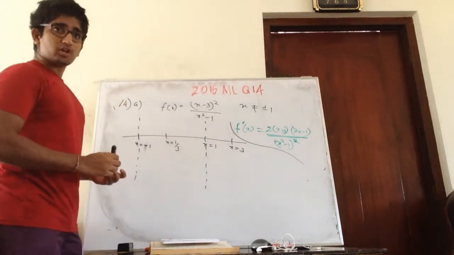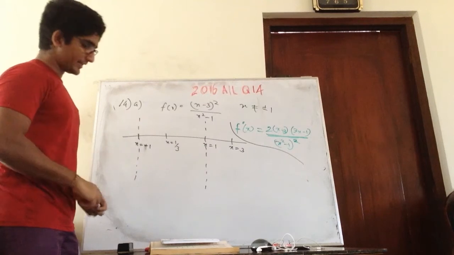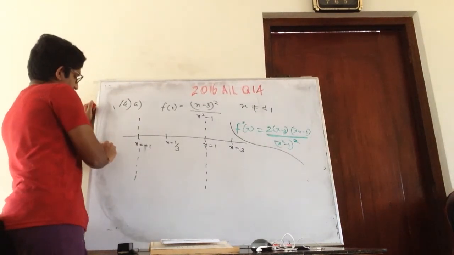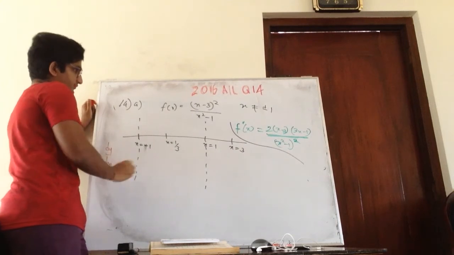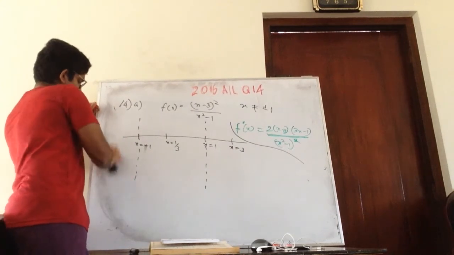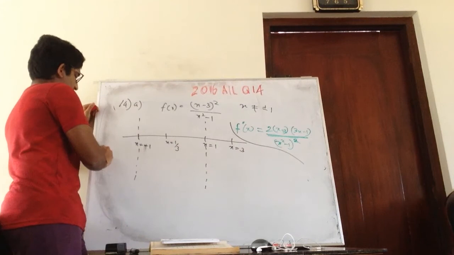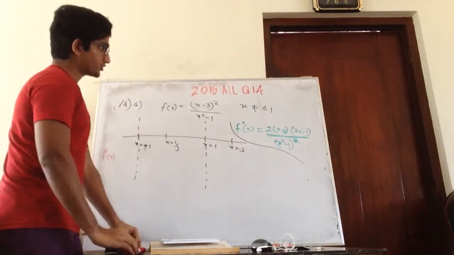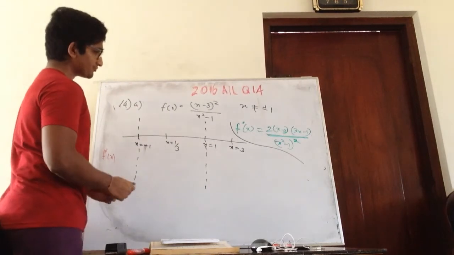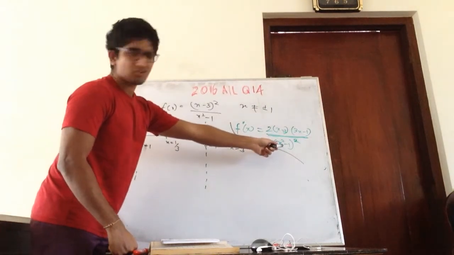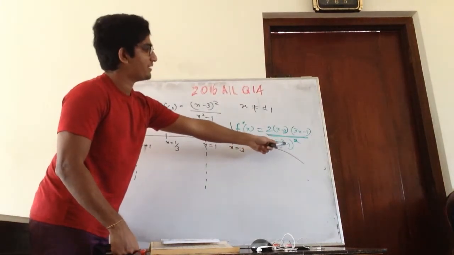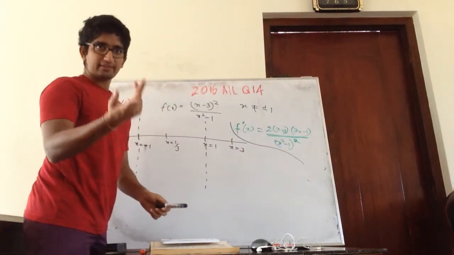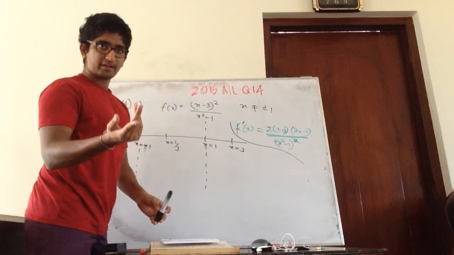Right now, so now we need to evaluate this. Correct? So how to evaluate now? We have to consider what dy over dx is, or here it was f dash. Correct now? So now forget about this thing, because x squared minus 1 squared is anyway going to be positive, no? Right?